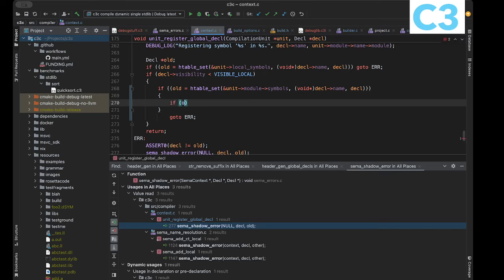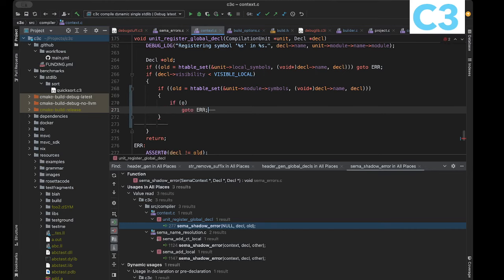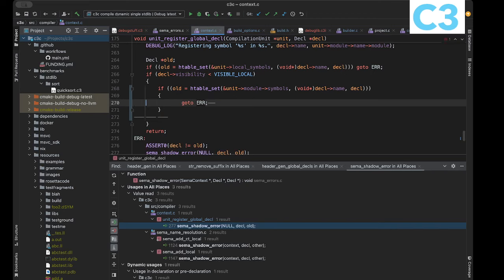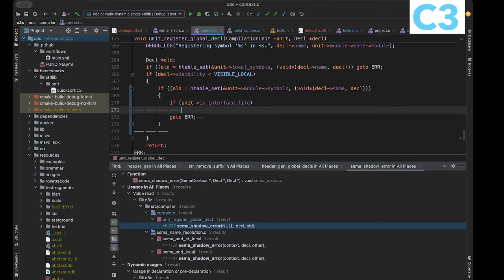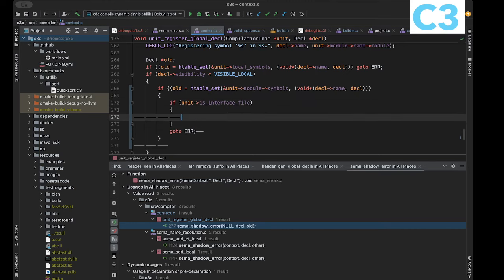If the old one, we're going to go to the error anyway. The unit itself, the file, can I see if that's an interface file or not? I think I can. If the unit is an interface file, in this case